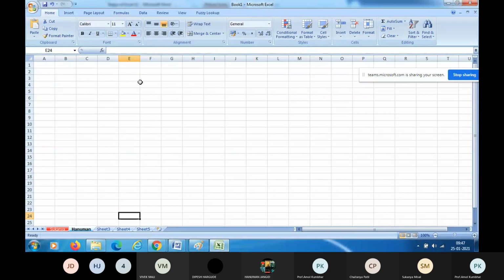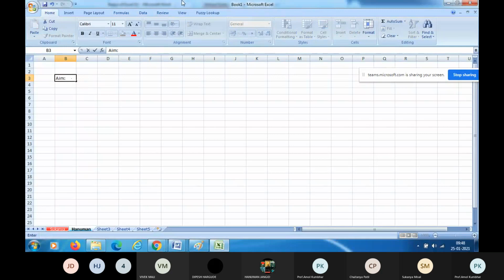So I have opened Book 1, and in this Book 1 I am going to perform the practical based on plotting of various trigonometric functions using a spreadsheet. So let us first type the aim.